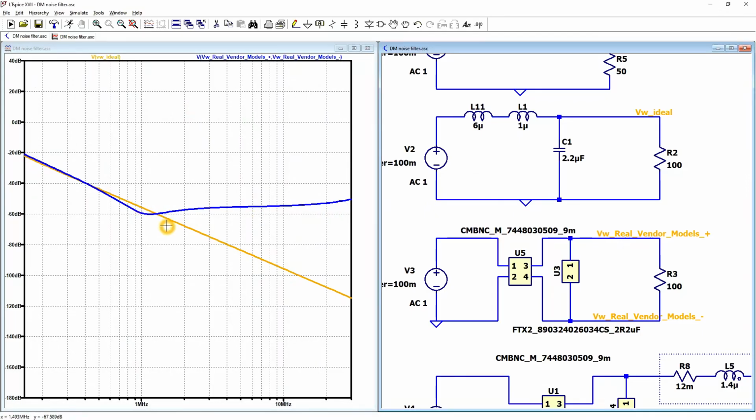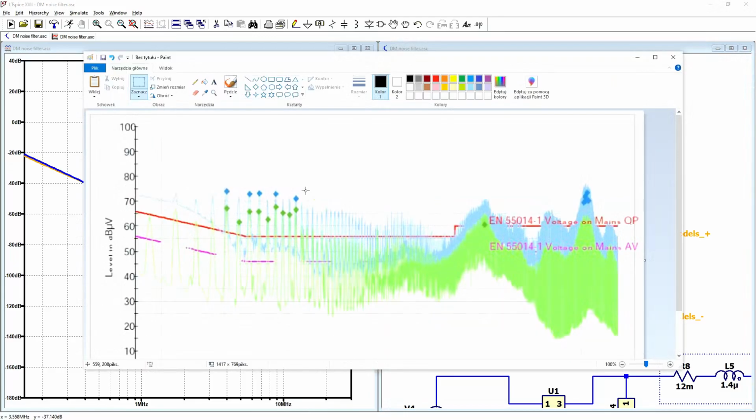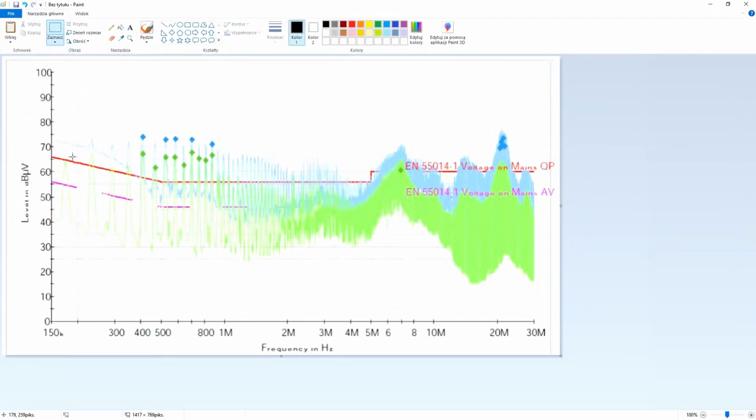But for the conducted emission, we are mostly interested in the low frequency part of the graph. So between 150 kilohertz and 1 megahertz, we should have the highest differential mode emission. And we can check that for the graphs that we saw before with conducted emission above the limit. As you can see, from 150 kilohertz, we are 5, 10 dB above the limits, but you need to